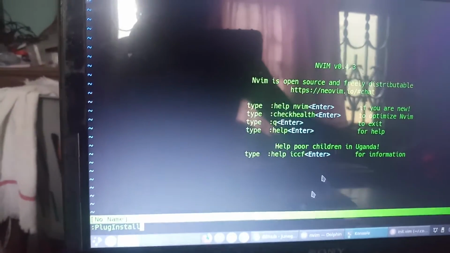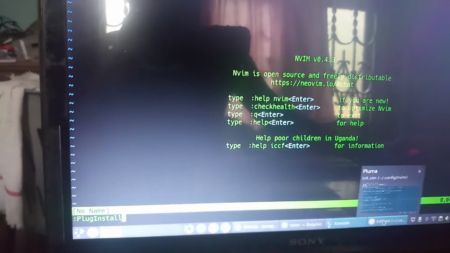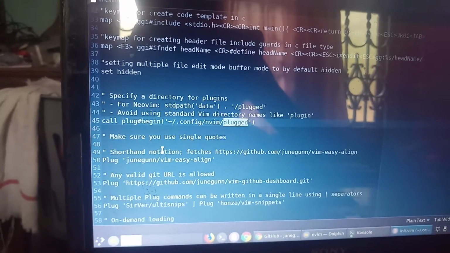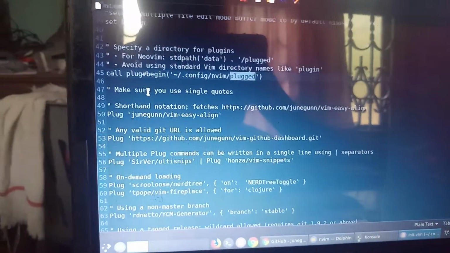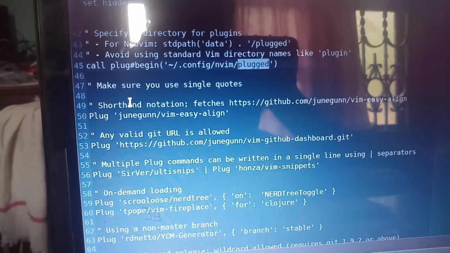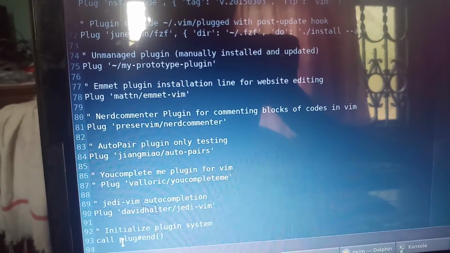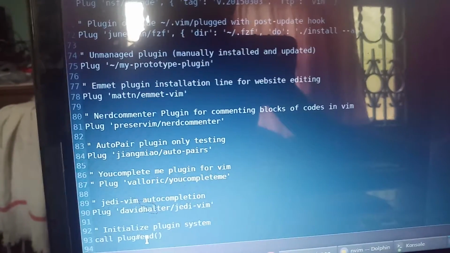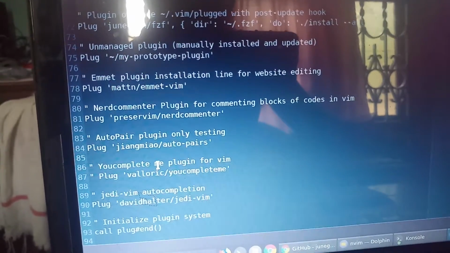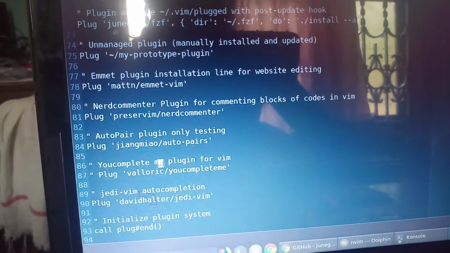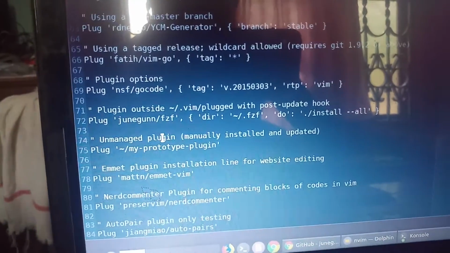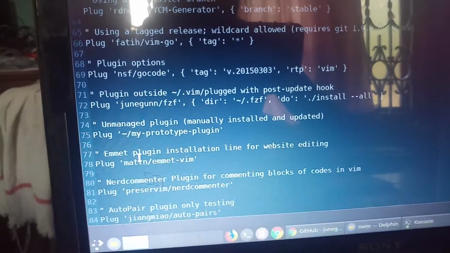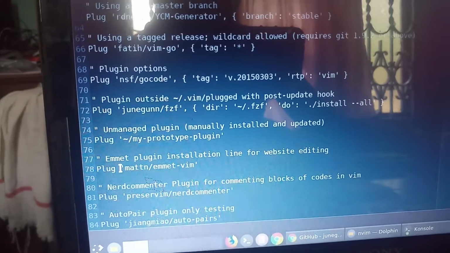Remember one more thing. Whichever plugin you want to install, you should specify the name of the plugin between the call plug#begin function in the init.vim file. This is actually the init.vim file, the configuration file of Vim, and the call plug#end function. Just place whichever plugin you want to install between these functions. For example, if I want to install Emmet, which is used for web development, I should type Plug in